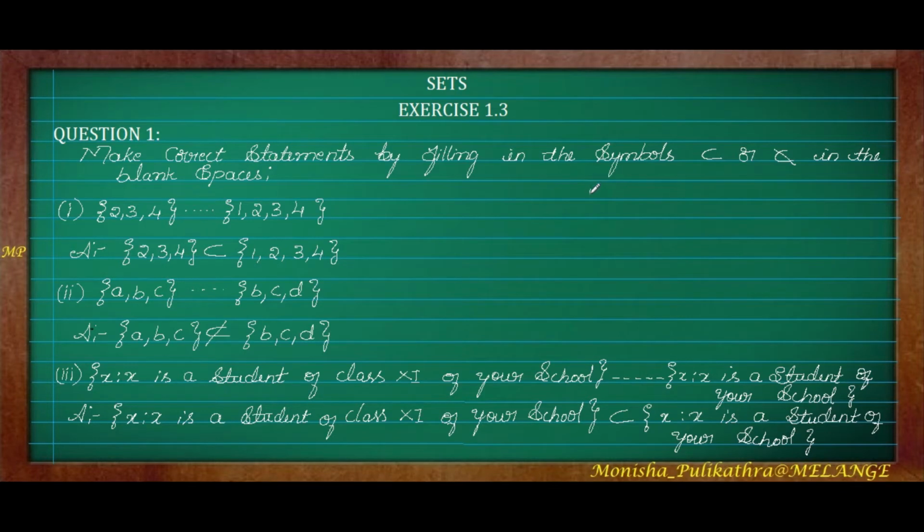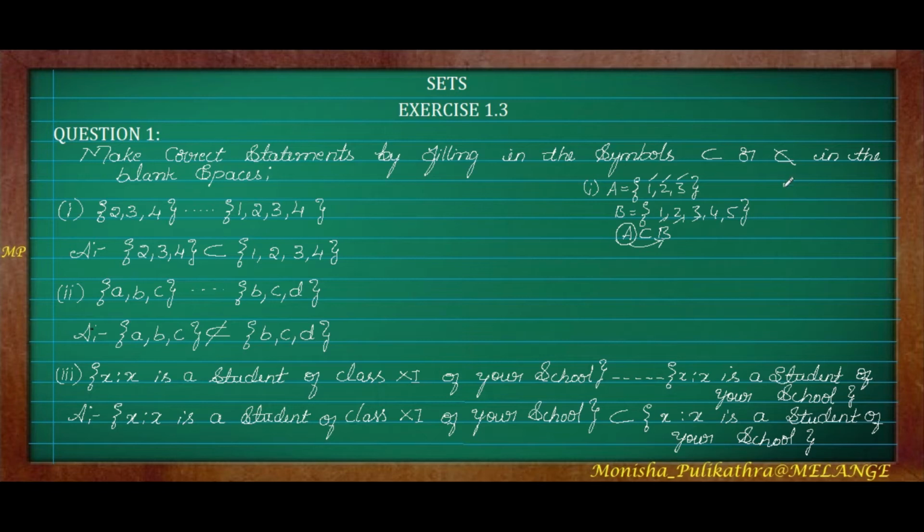I will give you a small example. Let us take set A, so set A is equal to 1, 2, 3. Let us take another set, set B, which is 1, 2, 3, 4, 5. So set A is 1, 2, 3, whereas set B is 1, 2, 3, 4, 5. The 1, 2, 3 belongs to set A, and 1, 2, 3 belongs to set B also. In this case, we can write A is a subset of B, because all the elements of set A are in set B.